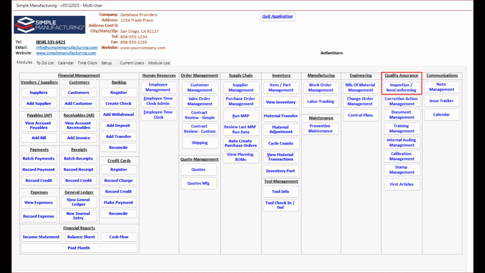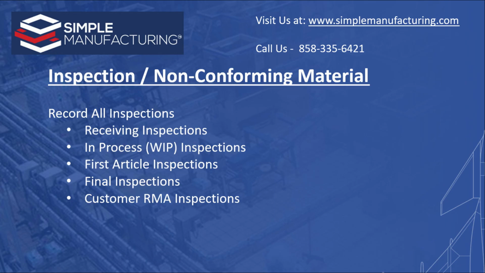Moving on to the Quality Assurance Management module. This module provides features driven by ISO 9000 and AS 9100 standards. First is the inspection and control of non-conforming material. This module is used to record all